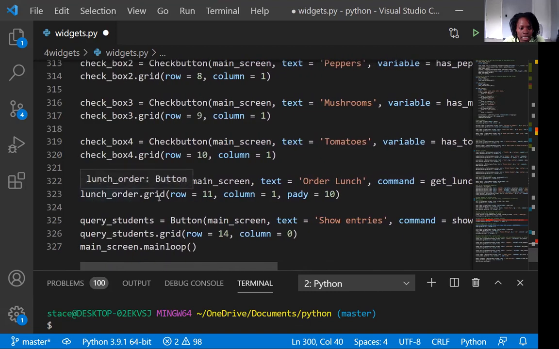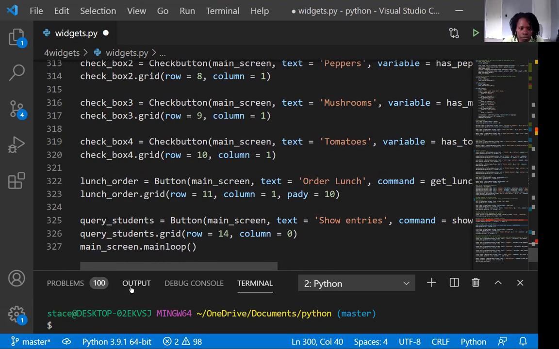And basically it says, okay, put it on row 11, column 1, and that lunch label is going to show what all we ordered based on the get lunch function. And that's also based on all the check buttons that were checked. Or if they weren't checked, then it's going to revert to the default of no peppers, no mushrooms, no tomatoes,